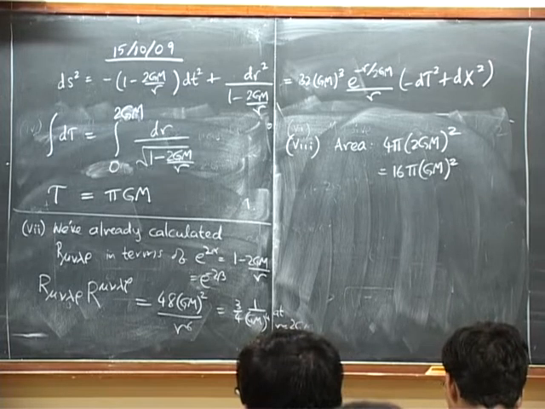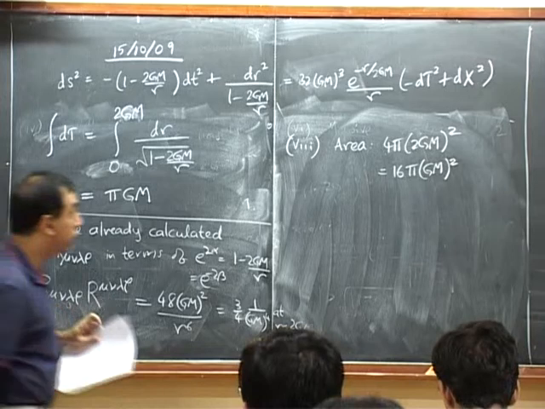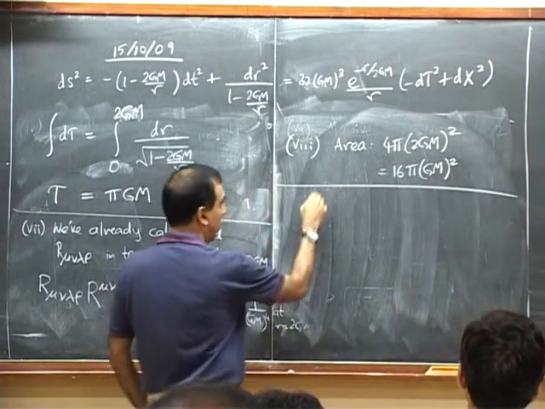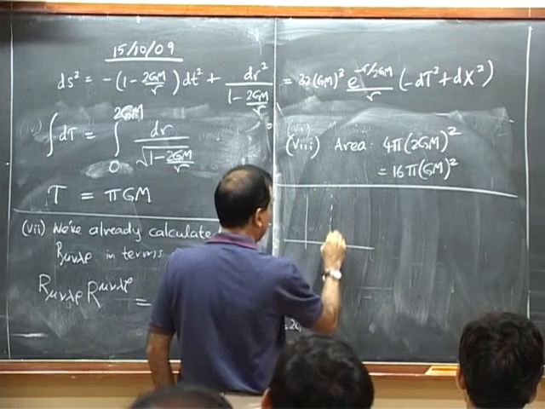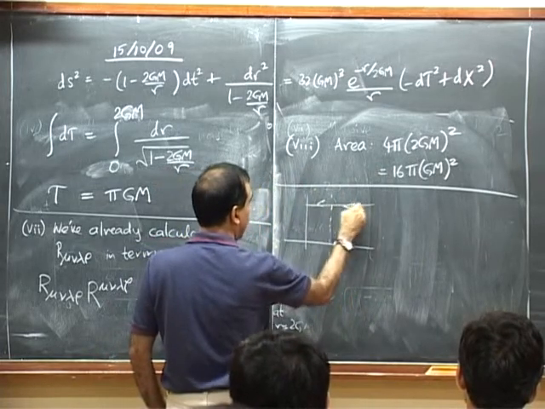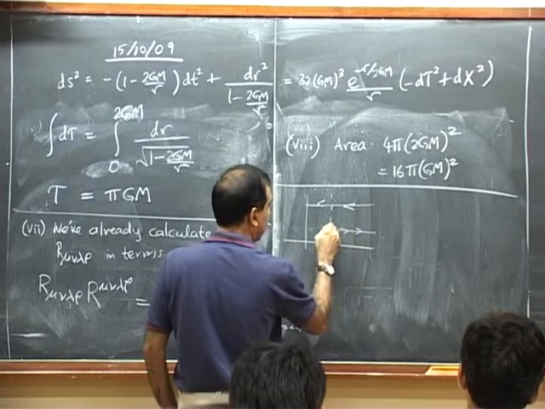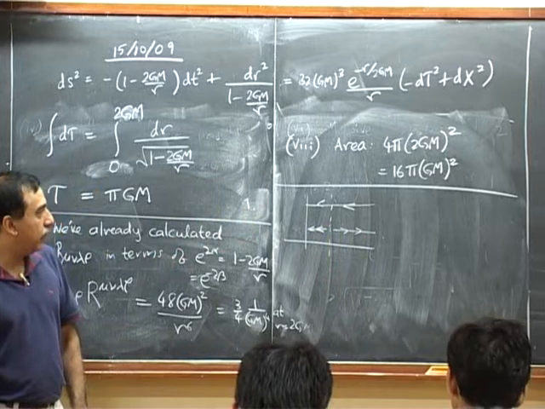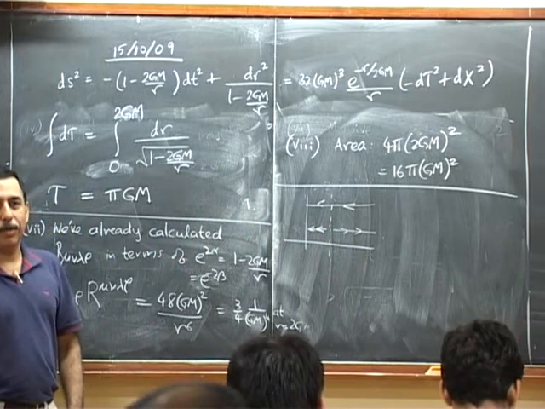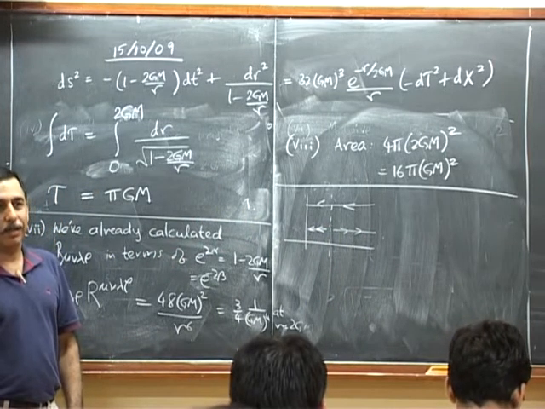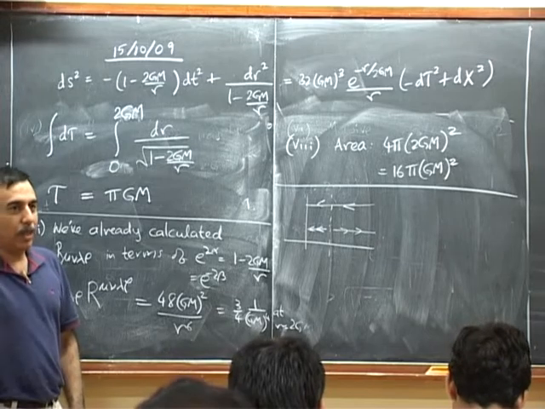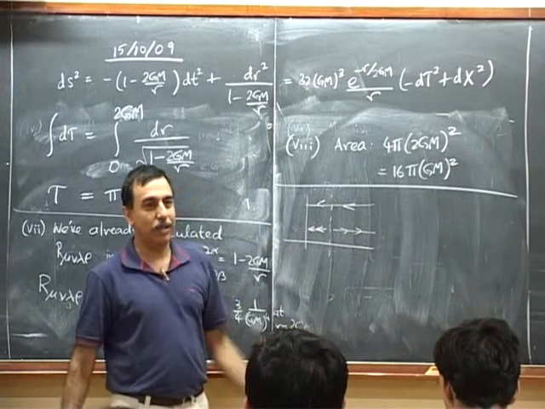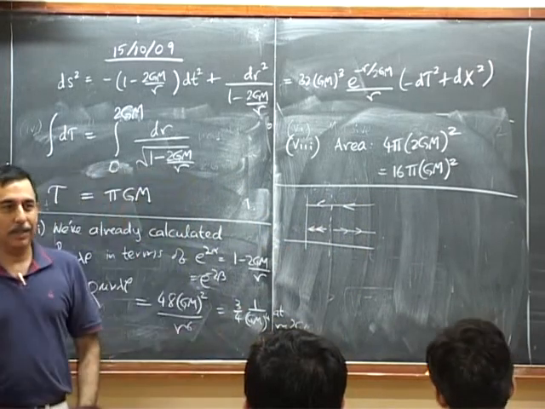Now I just need to discuss one last thing and then I'm done for today. You might be worried about the following thing, which is we used Eddington-Finkelstein coordinates to argue that the ingoing geodesic is truly ingoing, but the outgoing one turns ingoing inside r equals 2GM. Now you may worry that if I use the other Eddington-Finkelstein coordinates u and r, I'll lead to the opposite conclusion. If that were true, I would then conclude that the outgoing geodesic is truly outgoing, all the arrows would reverse. Something is very strange about that, right?